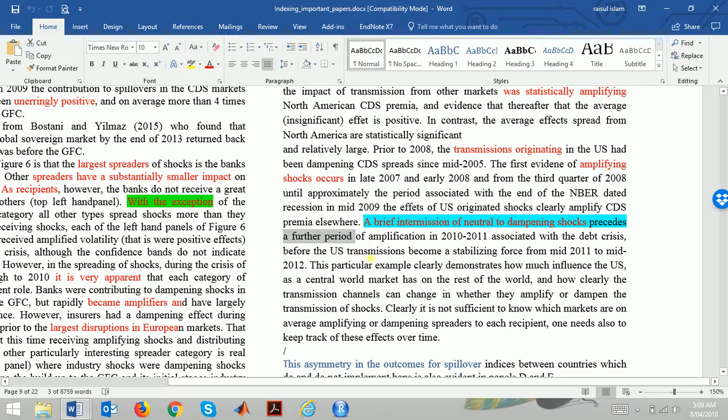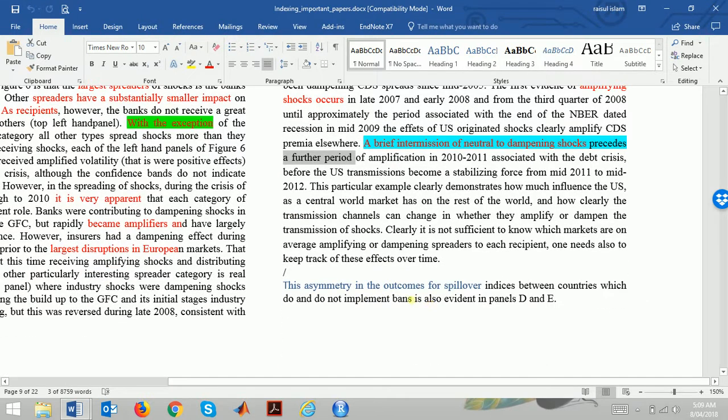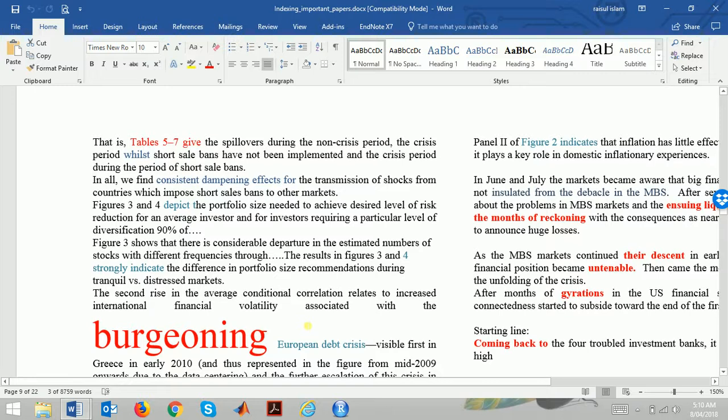The asymmetry in the outcomes for spillover indices between countries which do and do not implement bans is also evident in the following panels. In the crisis period, while short sale bans have not been implemented, in all, we find consistent dampening effects for the transmission of shocks from countries which impose short sale bans. The figures depict the portfolio size needed, and the figures strongly indicate